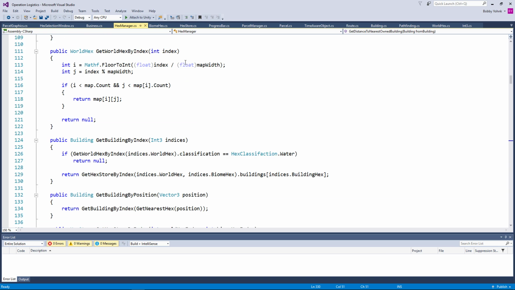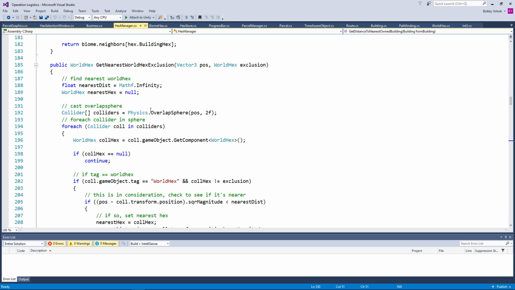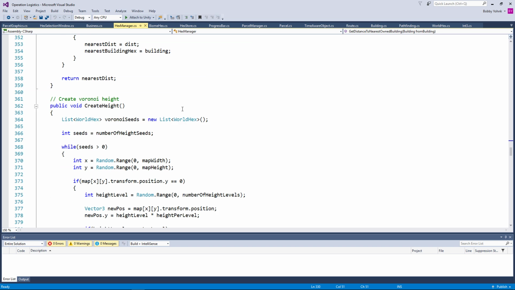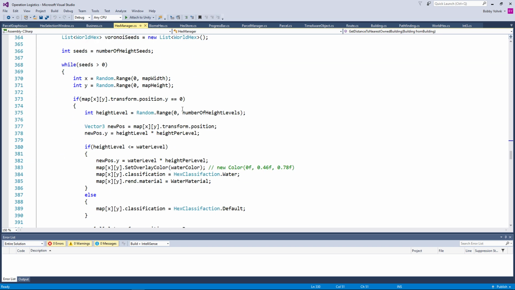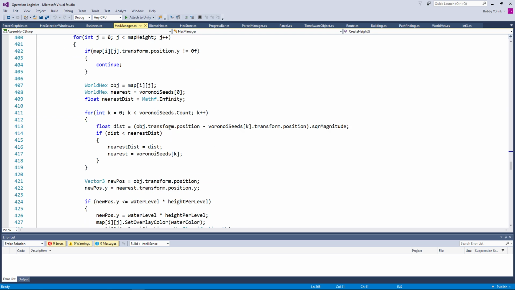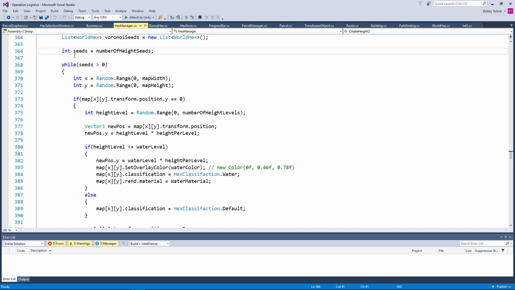And then what? Where do we do our while loop? This is all the get nearest hexes stuff. We're not worried about that right now. Here's create height. It's the Voronoi stuff that we're worried about. So it's going to be in create height and create biomes that we want to do this. So we're going to want to come down over here. While seeds is greater than 0, that's fine. But what we want to do